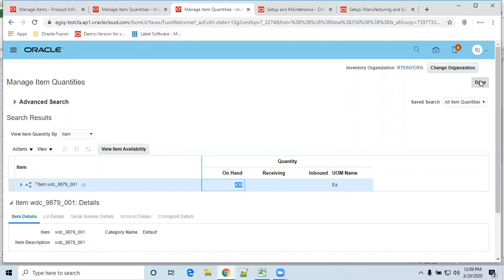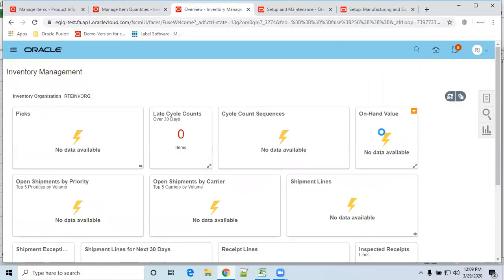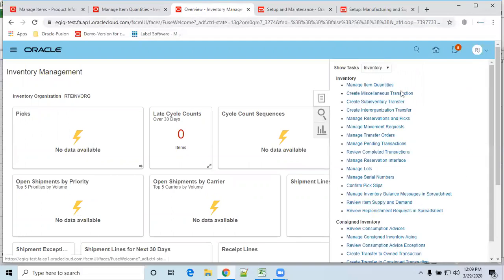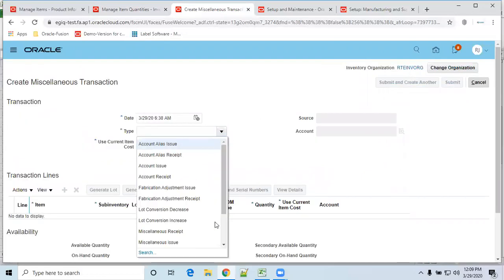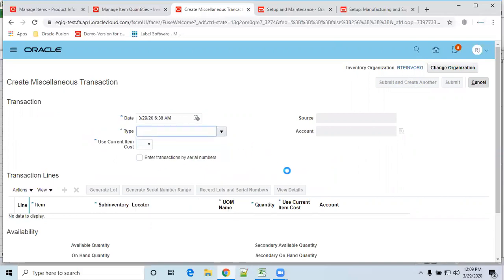So we'll quickly verify that, whether the conversion is applicable for both issue as well as receipts. So we'll make one small miscellaneous transaction. Go to issue. Click on plus. You take same item.